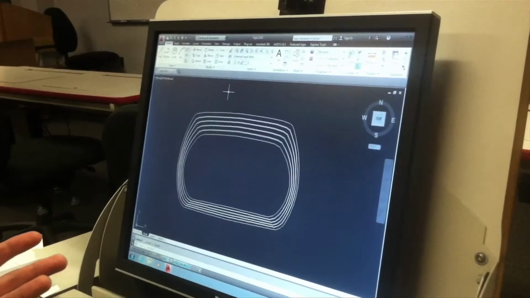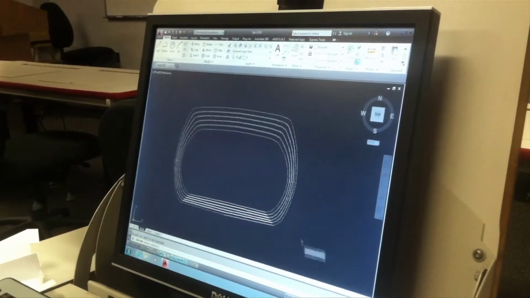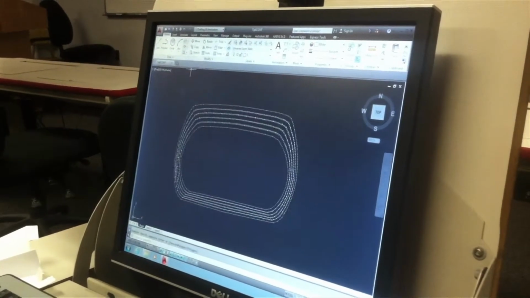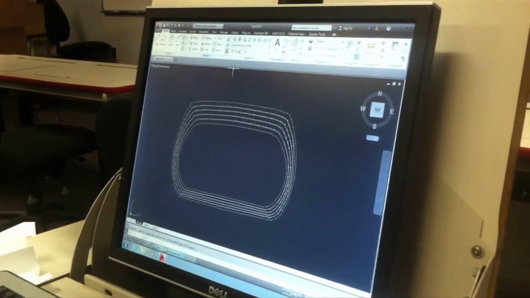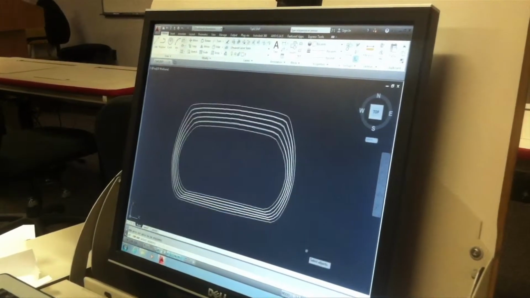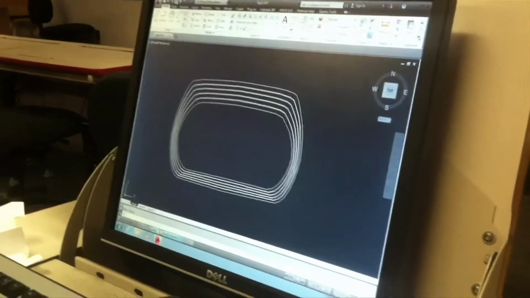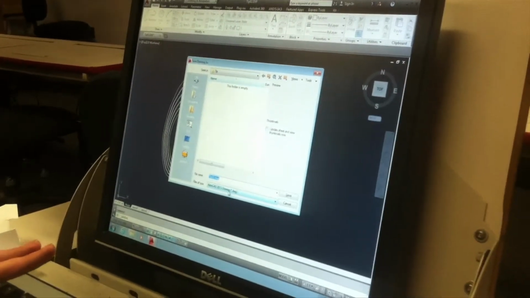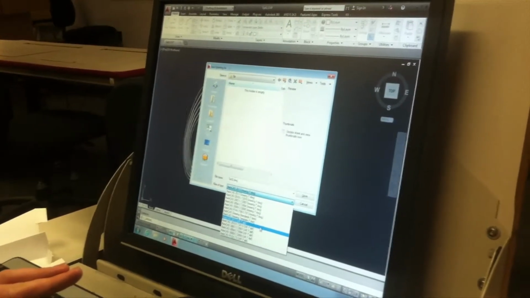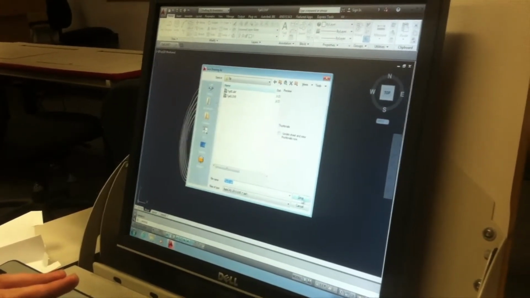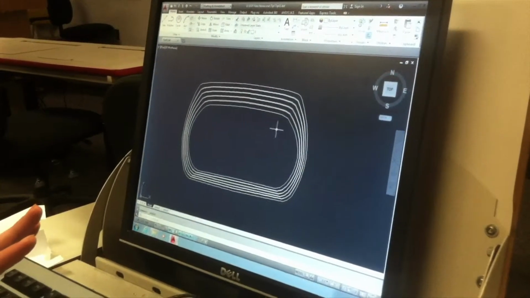So, very simple. All we have to do is go to this explode tool here, highlight everything, hit enter. I like to do it a few times just to make sure I got it all. You're pretty overkill, that is it. You do that, save it again as the same name. Don't save it as a DWG. You want to save it again as a DXF file. So it should just overwrite, and yes, you want to replace it. That's it. Now it's ready for the routing